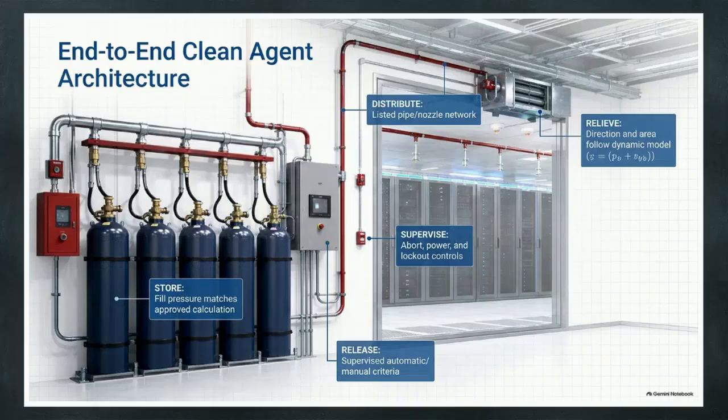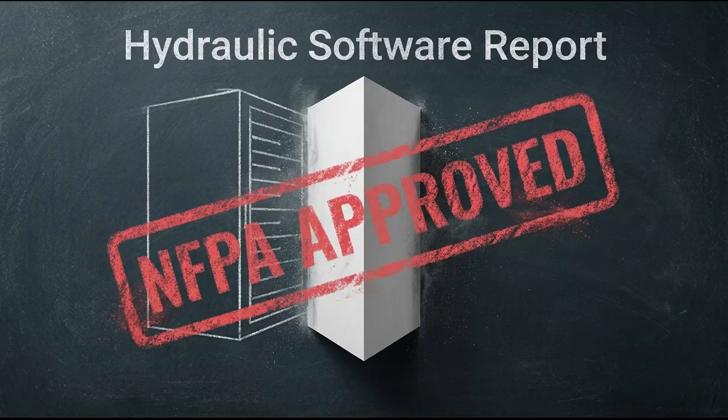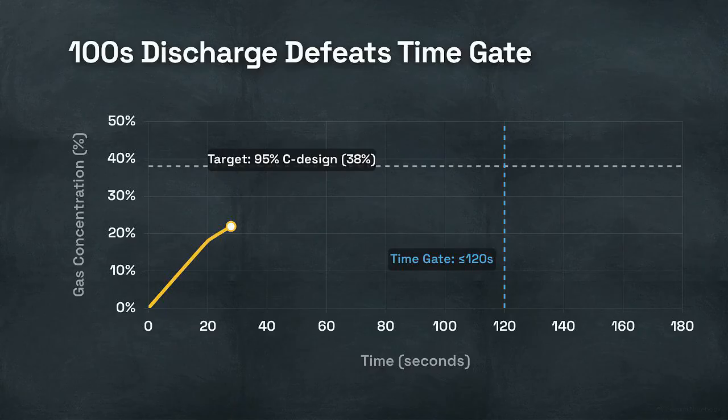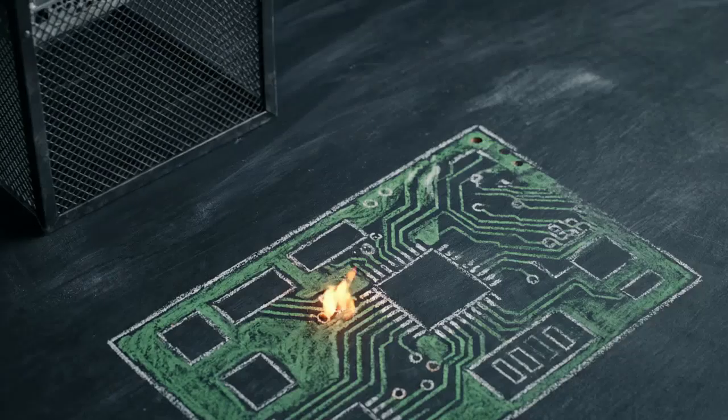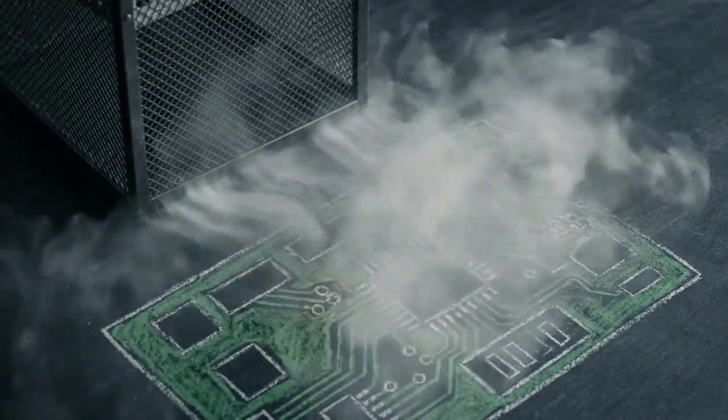This diagram outlines the distribution network required to move the agent from storage to the hazard. Pushing gas from 205 high-pressure cylinders through complex pipe networks to remote nozzles creates extreme hydraulic friction. NFPA standards mandate a strict delivery window. The listed hydraulic software report must mathematically prove that the system can achieve 95% of the design concentration within 120 seconds or less. This time gate limits the production of toxic byproducts and halts the fire before thermal damage cascades